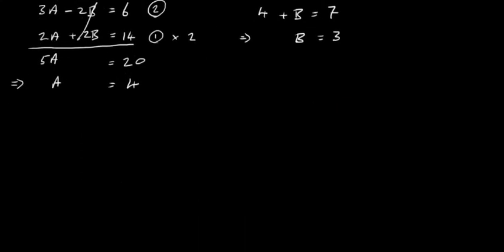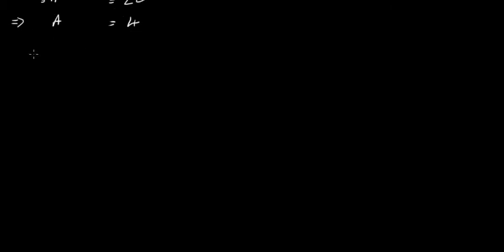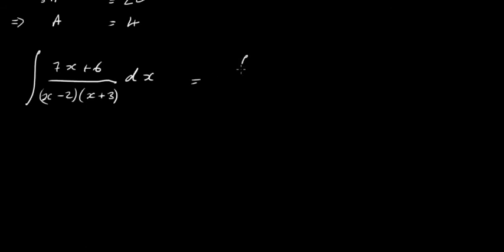Remember what we started with here was the integral of 7x plus 6 over x minus 2 times x plus 3 dx. I now know that that's exactly the same as the integral of 4 over x minus 2, my a was 4, plus my b was 3 over x plus 3